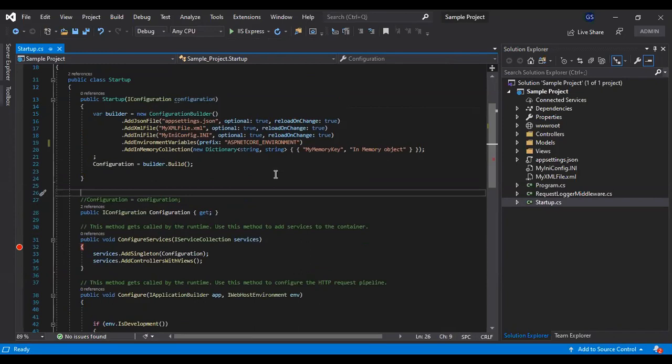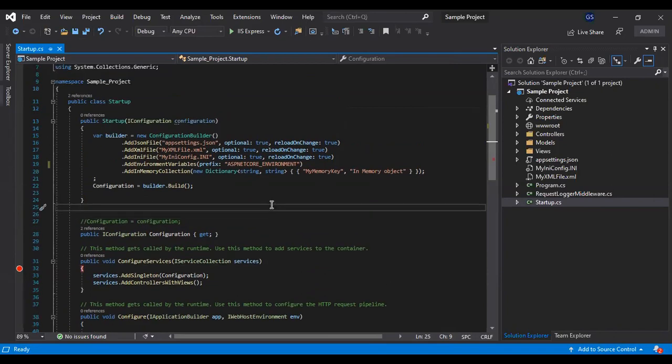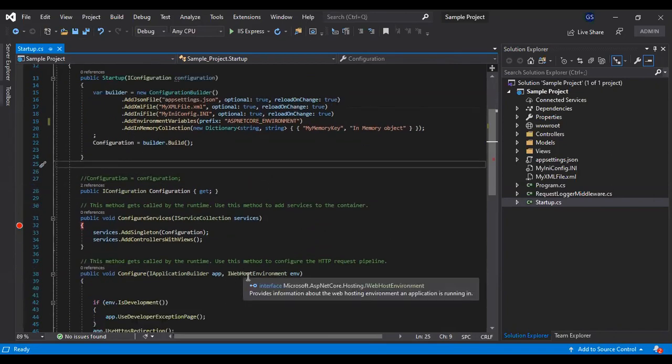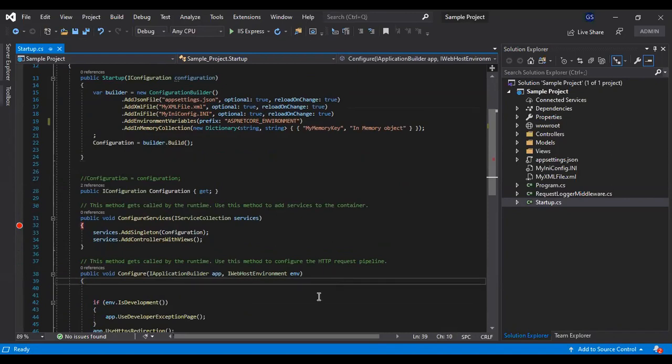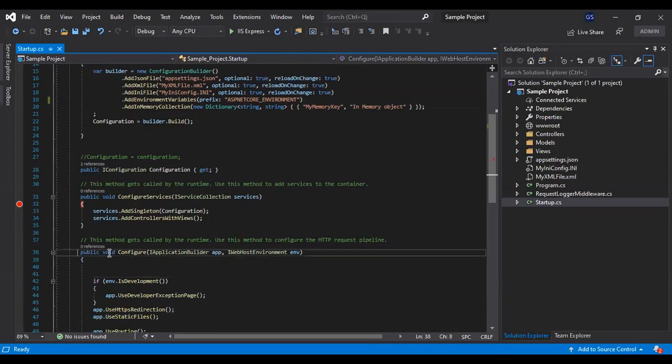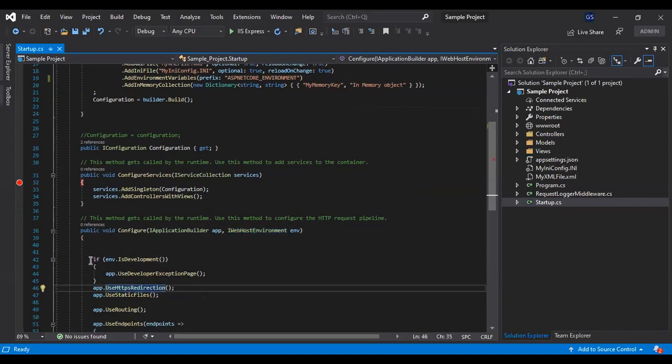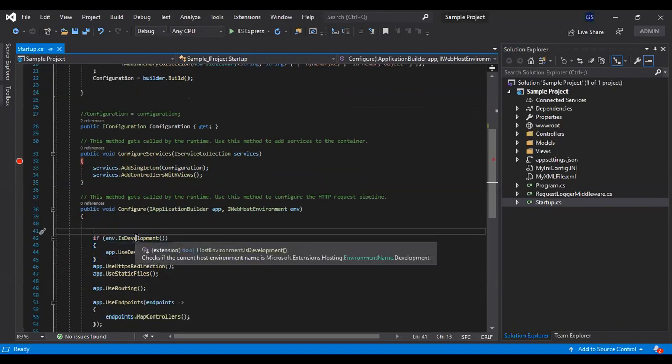Now let's check how to access the environment variables in our Startup file. IWebHostEnvironment is a service provided by the ASP.NET hosting layer, which can be used inside the Startup.cs file. If you notice, we are getting the dependency of IWebHostEnvironment, and inside we have this default code which is already present, where we check whether the environment is Development or not.